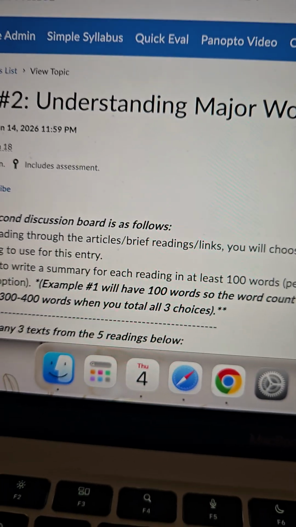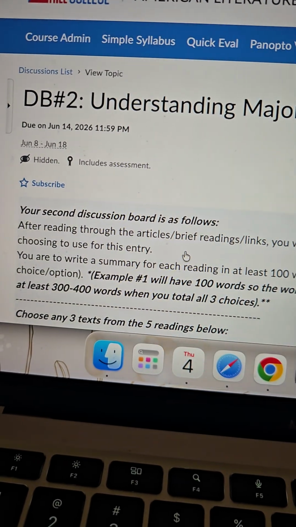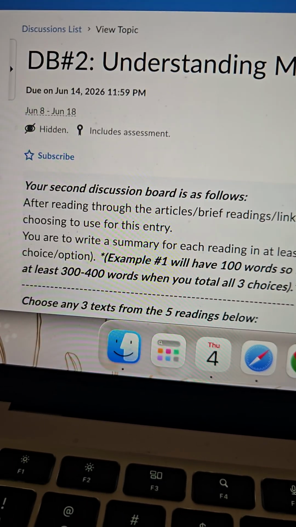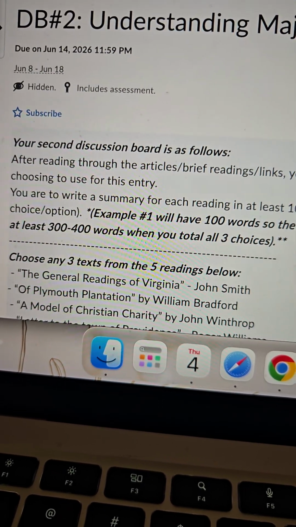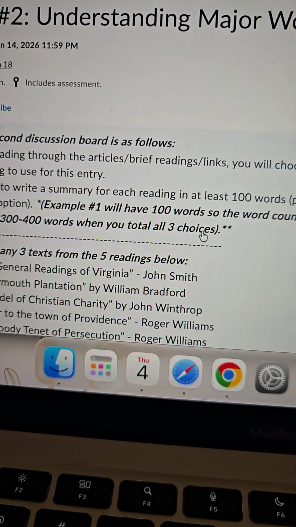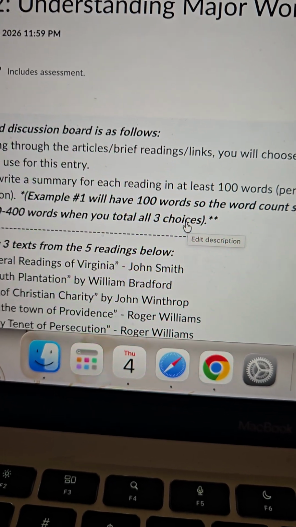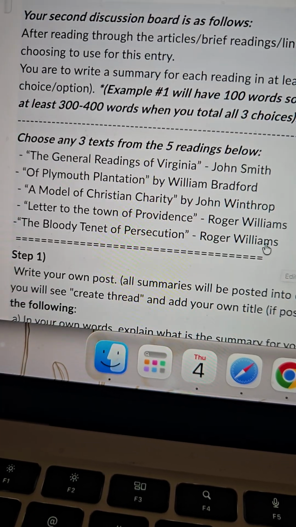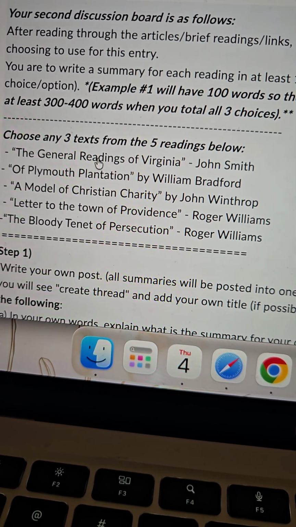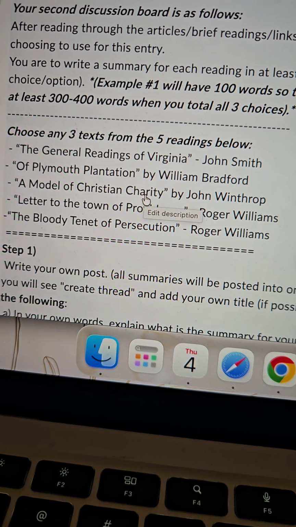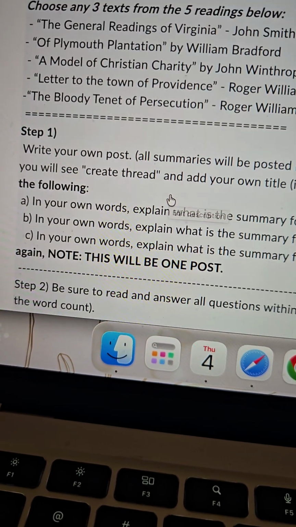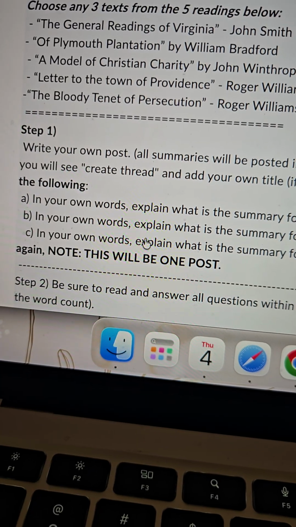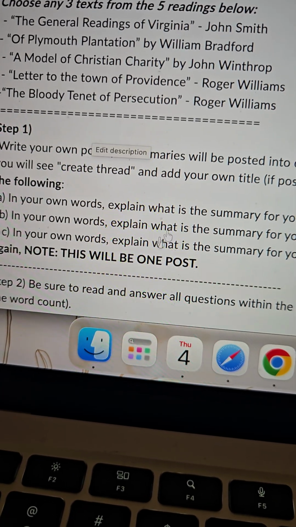Okay, discussion board number 2 says the following. After reading through the articles, I would like you to choose 3 of your own, and I want you to write summaries of them. Example 1 summary, a couple hundred words. Example number 2 and example 3. So choose any 3 of the 5 reading texts below, and I want you to summarize them in your own words. Okay? You can number, bullet, list, however you would like to,